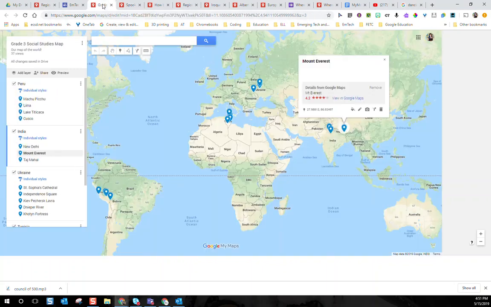So also imagine the grade 3 project you saw before. As a teacher, I could simply take this and share it so that anyone with the link can edit, or I could leave it as view only and then students make a copy of this particular map and now they're editing their own. Great for a jigsaw, hey?